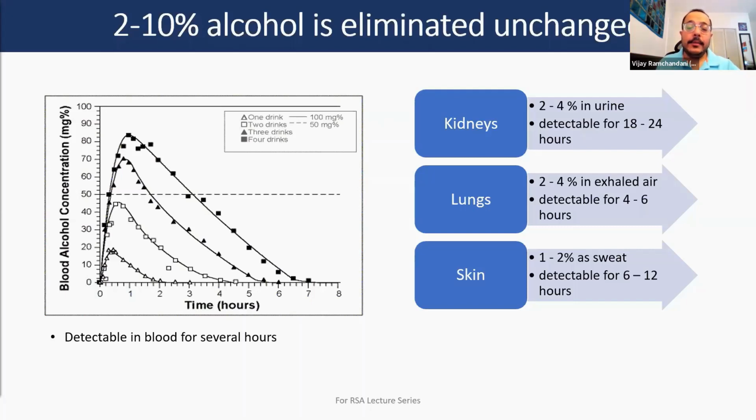And while these are minor pathways, they have actually been relevant to our studies and our understanding because this measurement of unchanged alcohol has been used as a direct measure of how much people have been drinking, because you can use a device such as a breathalyzer that directly measures alcohol expired through the lungs and also through the transdermal or the skin route using these new wrist and ankle worn sensors. And this has really helped the field in better understanding alcohol use and directly measures how much someone has been